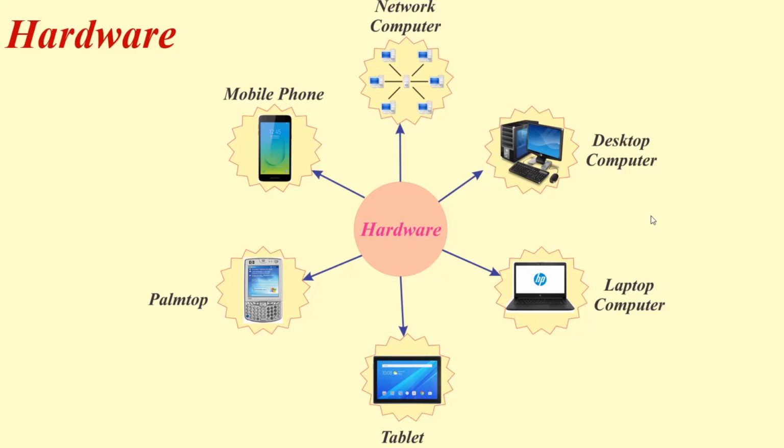Hardware is the instrument in which GIS works. It can be a desktop computer or laptop computer or tablet or palmtop or mobile phone or a group of computers that are connected with a network. It is necessary to decide which hardware is suitable for specific GIS work such as RAM, hard disk, storage, graphic card, and so on. Choosing correct hardware helps the user to perform the task without any difficulty.